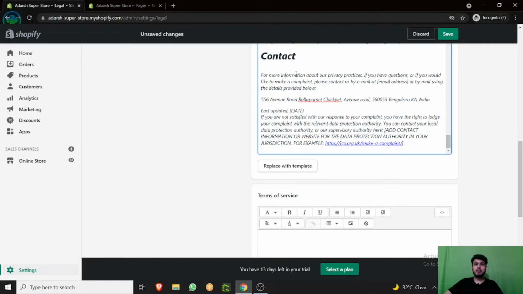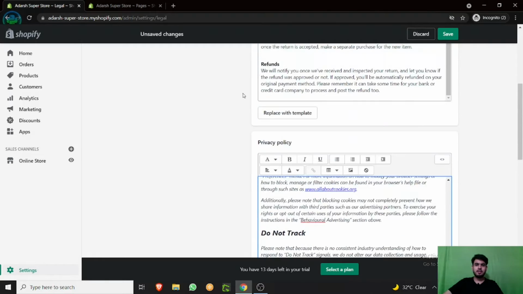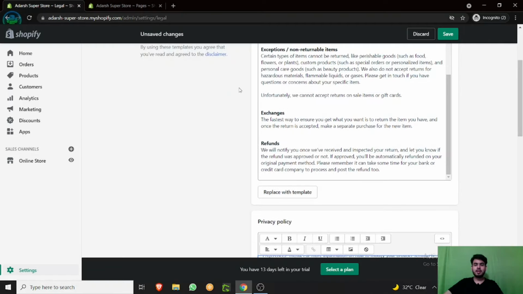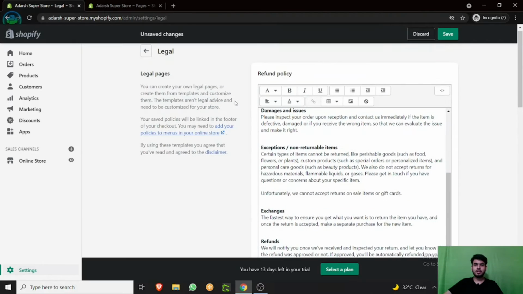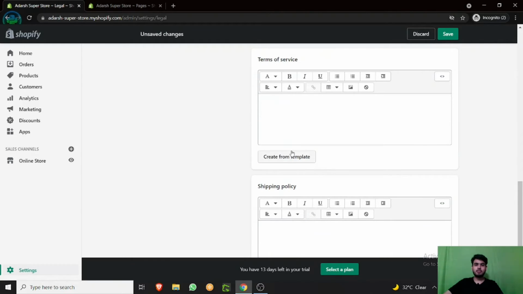So you don't even have to put your address or edit it. If down the line you ever change your address or email ID, you then have to make another one to replace the template, and then you can generate another policy. So as you can see, we have the refund policy, privacy policy, and also the terms of service.